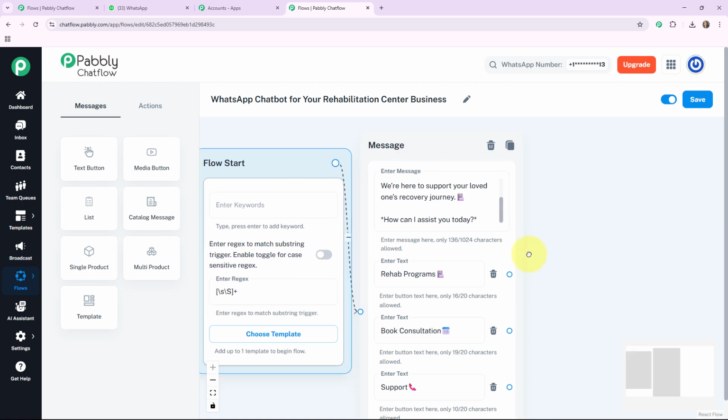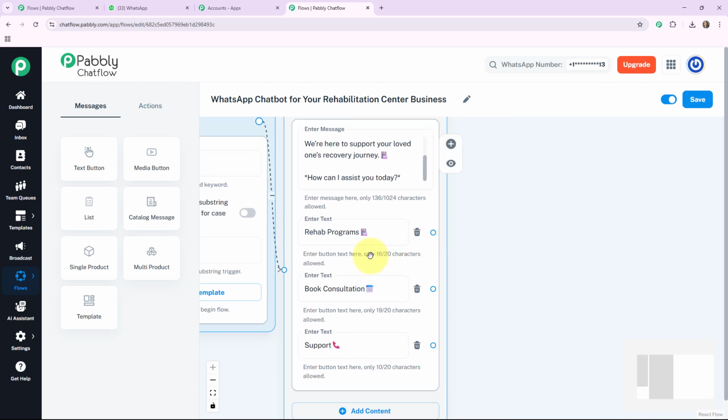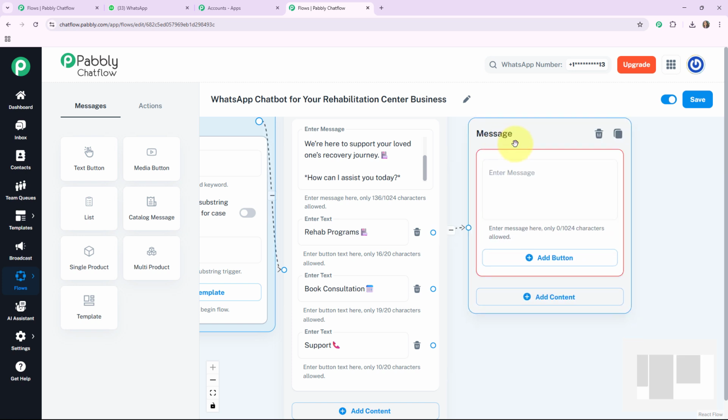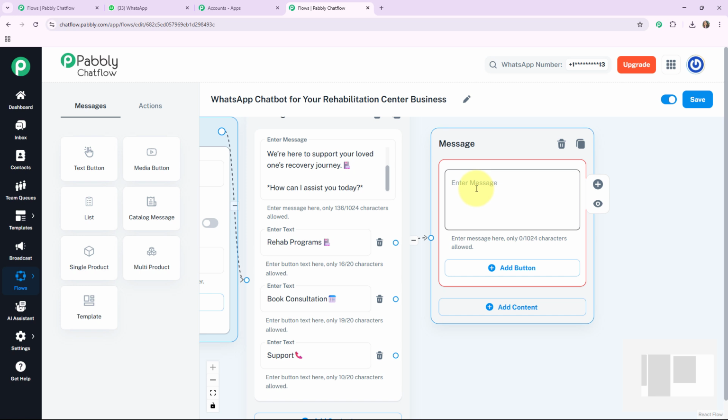so that our flow is connected to our message. Now in the next step, when my patient wants to know about the rehabilitation program that I am providing to them, then they will click on this button. So my bot will respond to them. For this, here I am clicking on this circle, drag a line and choose content type as text plus button. It will provide me one message box where I can write the details regarding the rehab programs